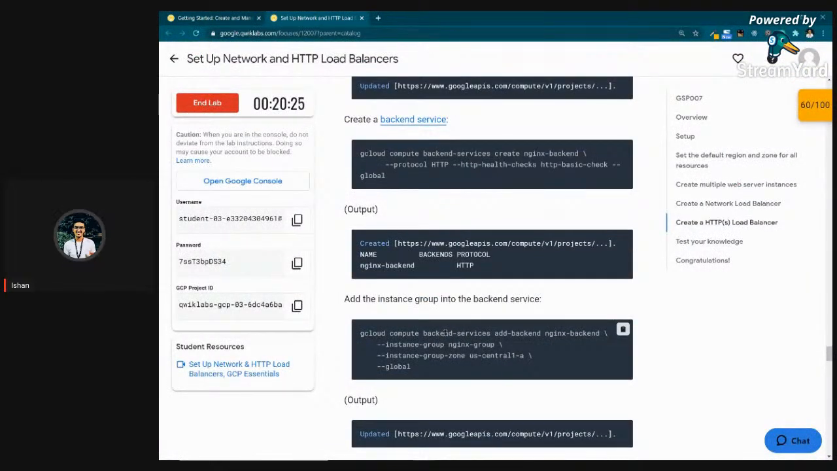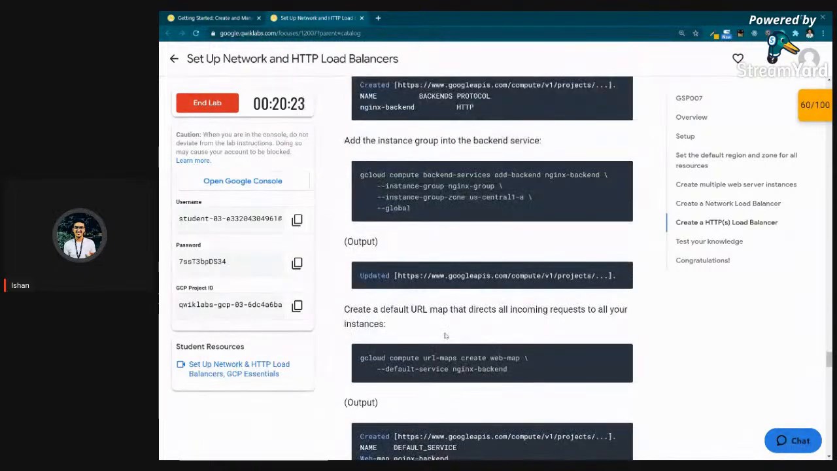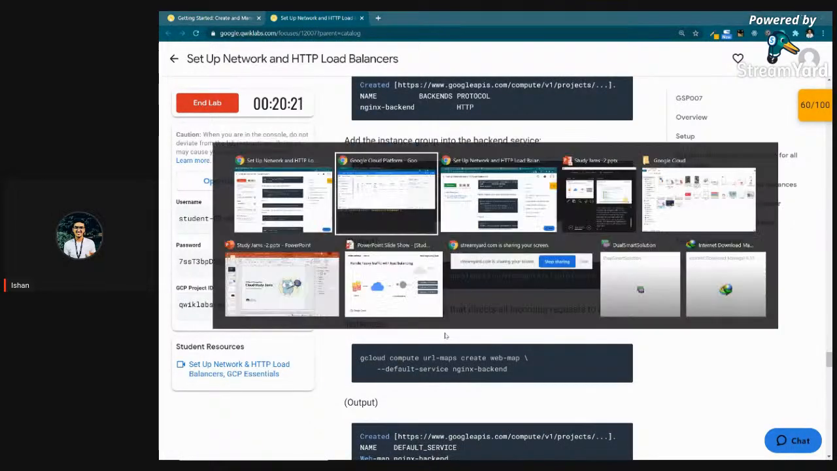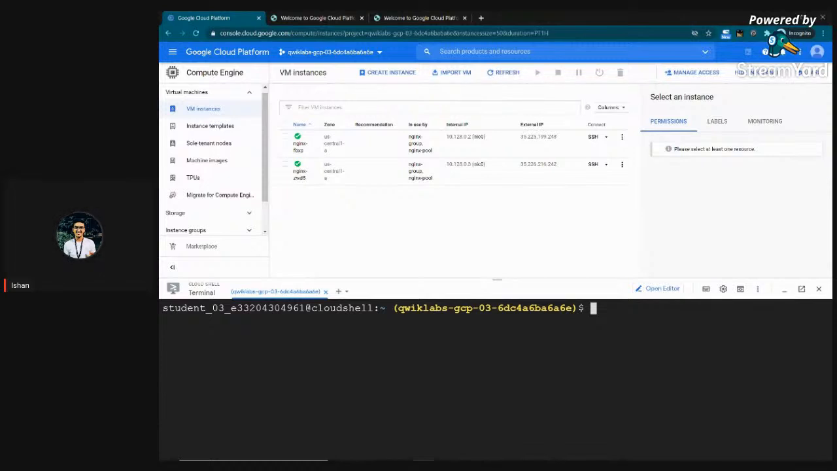Now we want to add the instance group into the backend service that we created. I know this is tiring, but we have to do this. So let me just use the command gcloud compute URL maps. Sorry. Okay, what's happening? My keyboard is not working. Yeah, gcloud compute backend-services add-backend